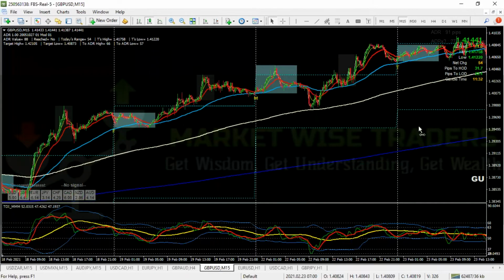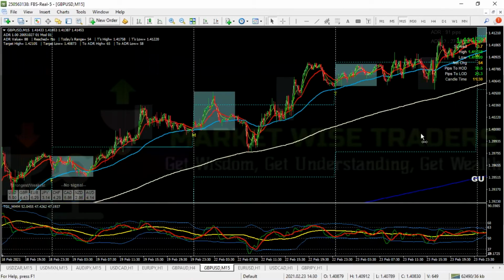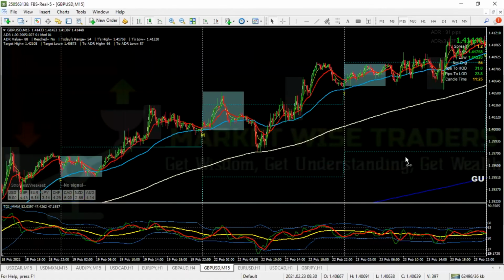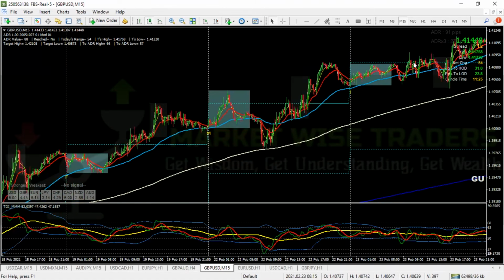For here now, after he's moved twice, you might be looking for shorts after that. But yeah, he gave us here. Of course, he came back in London, but this is lovely because he's shown us again here. This is a type 2. You can say type 2 because just there, you see, he just touched the Asian low. They gave a type 2, even if you took the London setup over here to go long, or if you came back in New York, this is New York session,